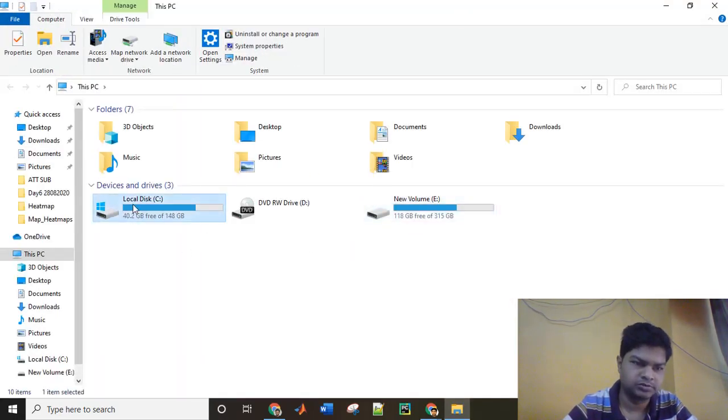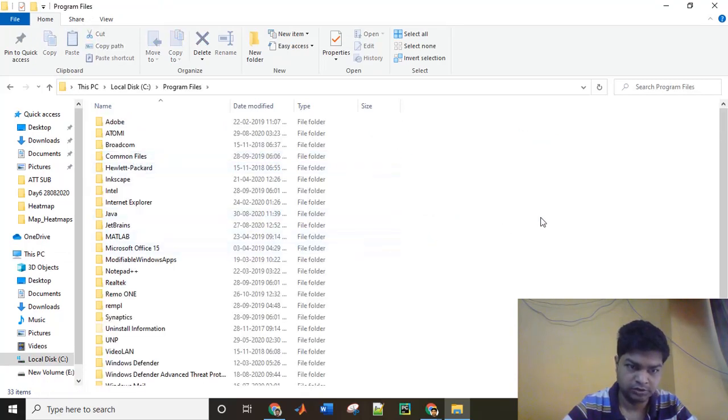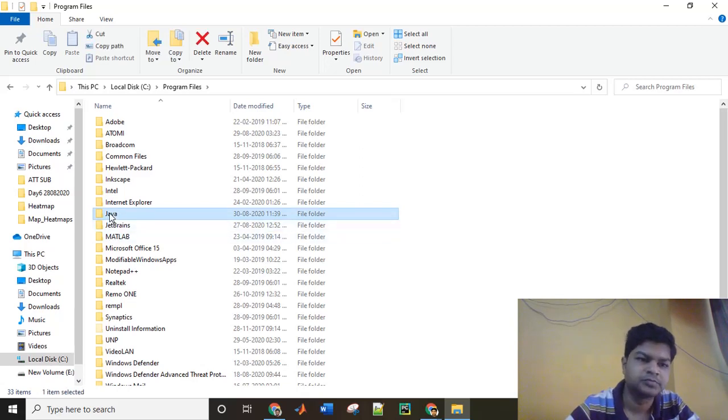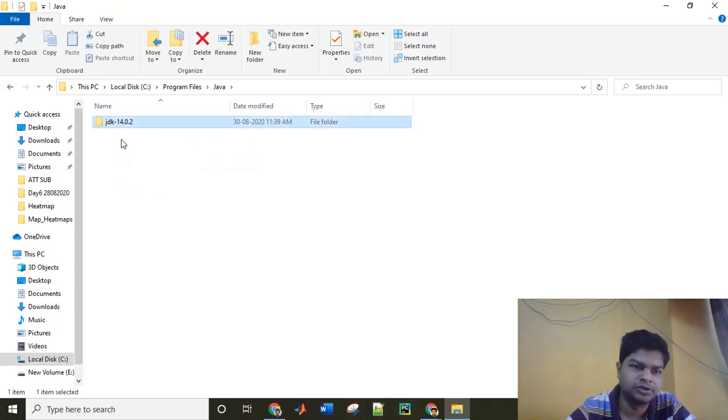In my case, perhaps it is in Program Files. You can see there the Java folder. Double click on it. We will find JDK 14.0.2 is installed. JDK is the Java Development Kit.